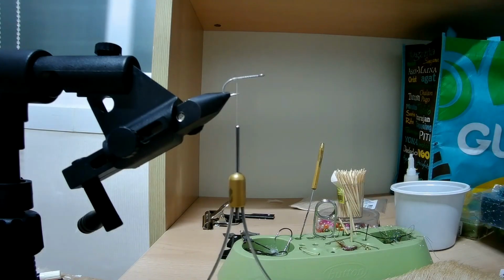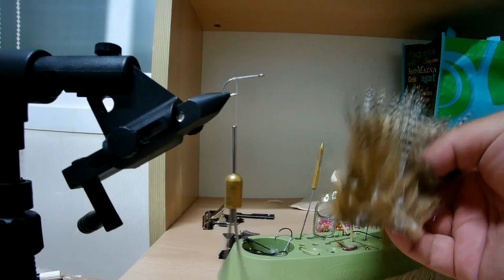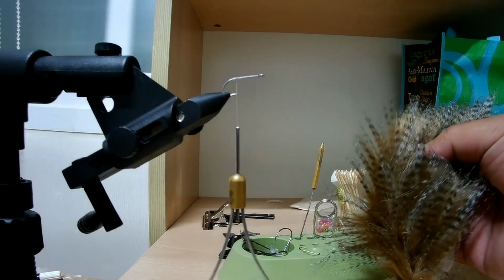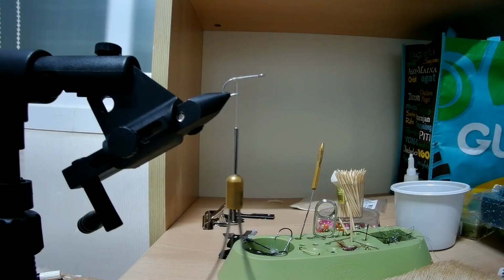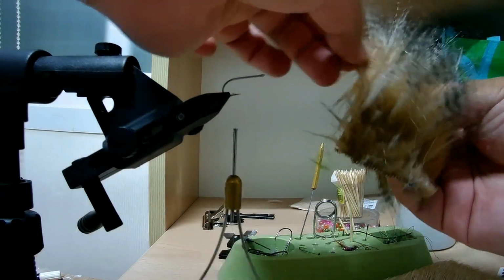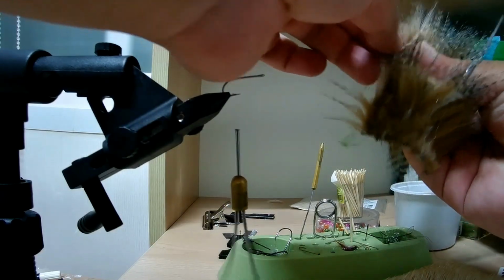Next we're going to do our tail. Our tail is this barred craft fur. Craft fur is very supple, soft, and this should make a good tail. But you could use marabou, you could use a whole lot of different material. So I pick out some of the craft fur. It's got some multicolors here. I'll take some of the white and some of the brown,